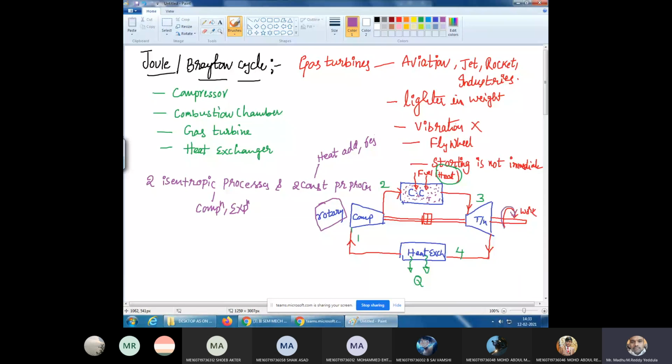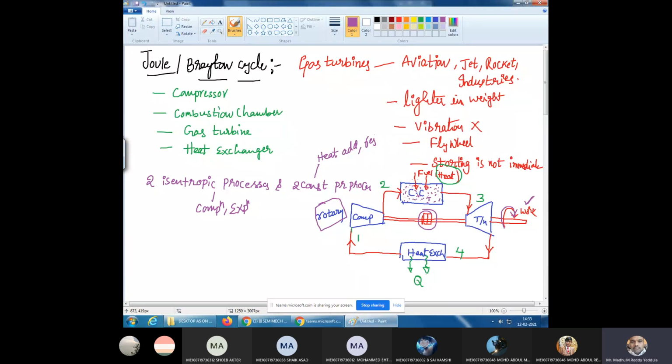If you see, the compressor shaft is also coupled to the turbine shaft. Therefore, the work required to drive the compressor is consumed from the turbine, and the remaining work will be utilized for the requirement. Then after expansion, the gases are allowed to pass through the heat exchanger. So the heat will be liberated to the atmosphere, and only air will be sucked into the compressor, and thus the cycle is repeated.